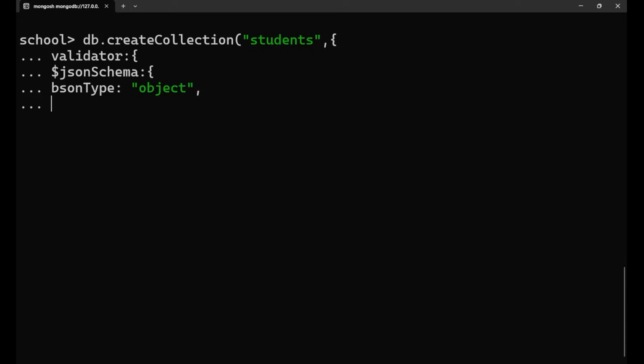After that, put a comma, and inside the required we mention the mandatory fields, right? So you need to write here required, like this, and put an array. Now inside the array mention all the fields that should be inside your document, right? So let's say it is name, it is city, and it is marks, like this. Close the array, put the comma, after that properties,